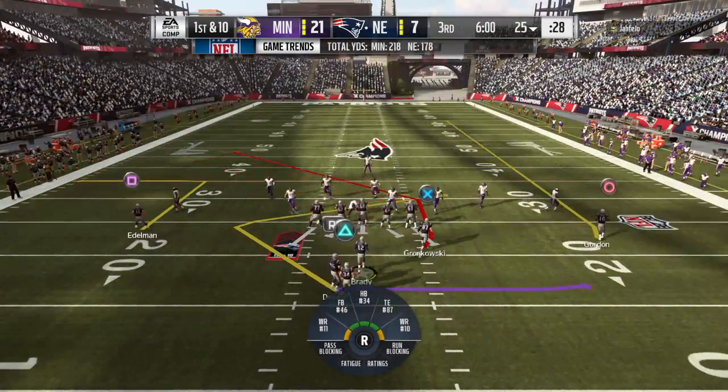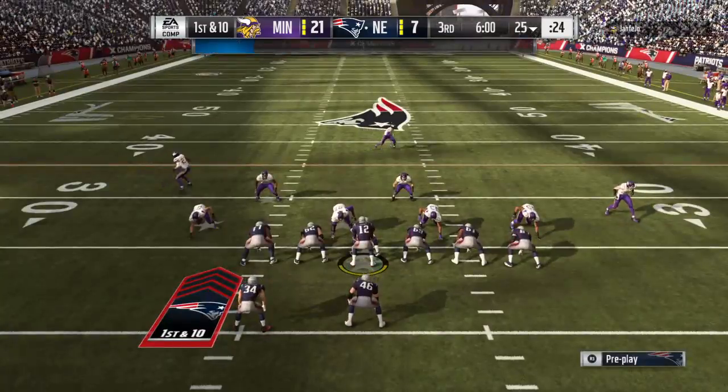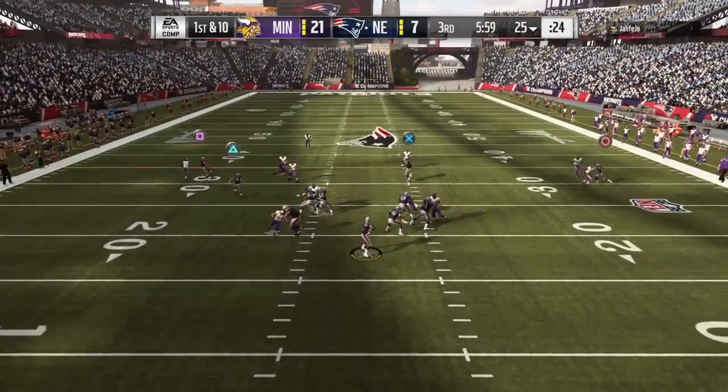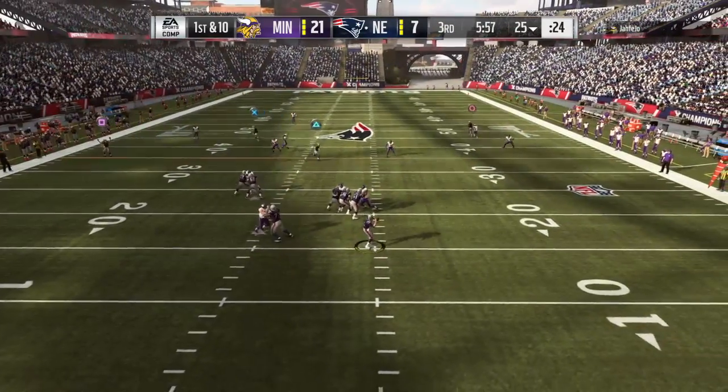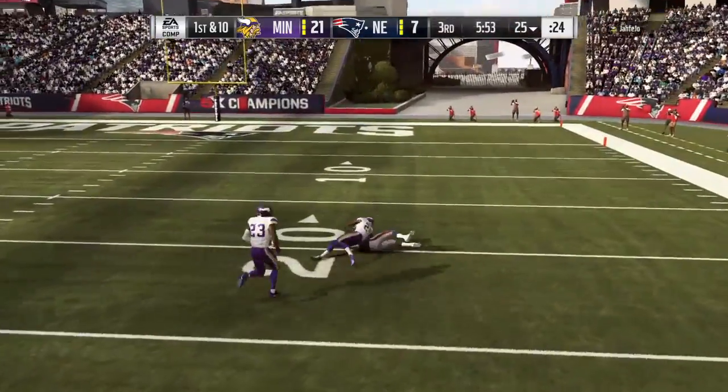And I never want to make something more important than it actually is, right? I don't want to create more hype than what is there. This is a really important drive. And we often talk about teams scripting plays. It's caught inside the